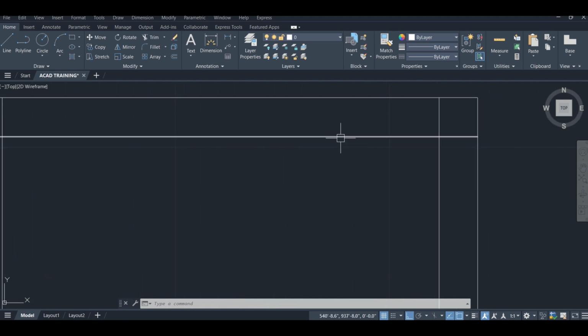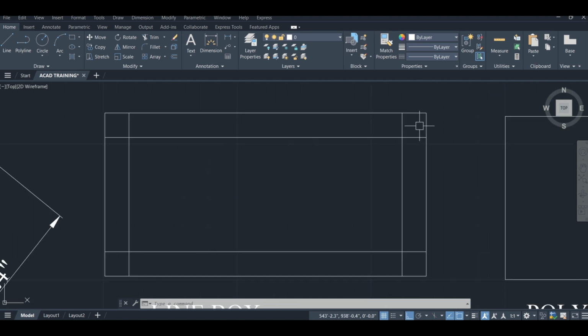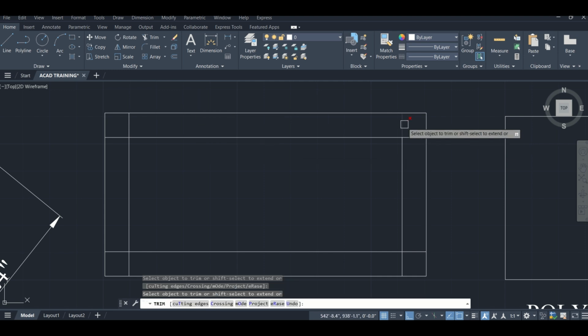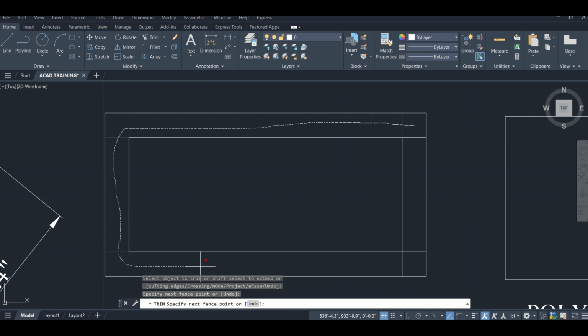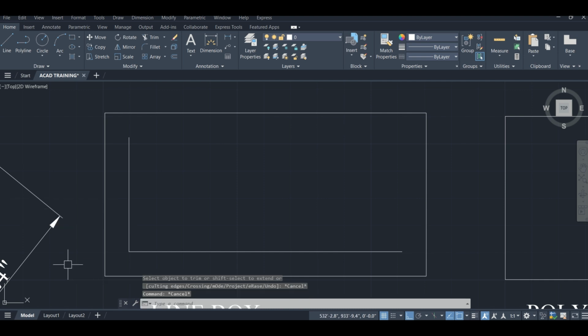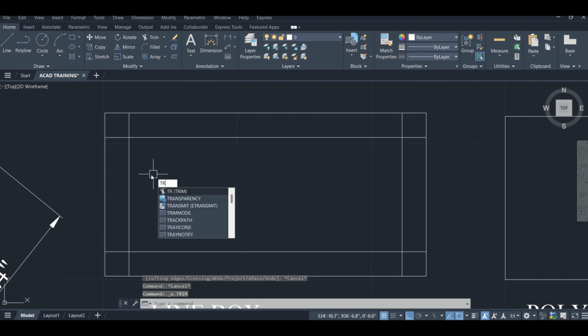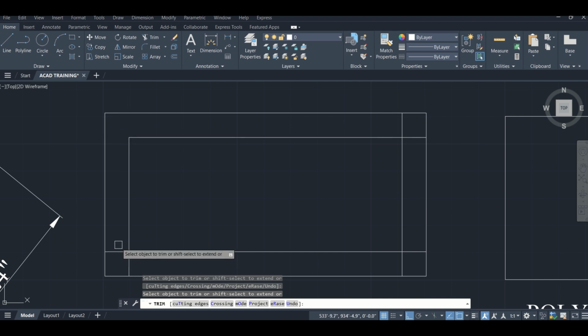Now if you have to remove some of the things, what command have we used? Trim, TR, double enter. Now you will see the red cross is there on this. Just start and drag it to the lines, whichever lines you have to delete, like this. Oh, not this one. Okay, so you can practice on your own. Like by mistake I have selected that line, or you can simply do TR, double enter, select the lines, right? In this way,